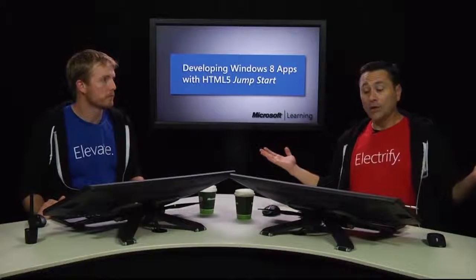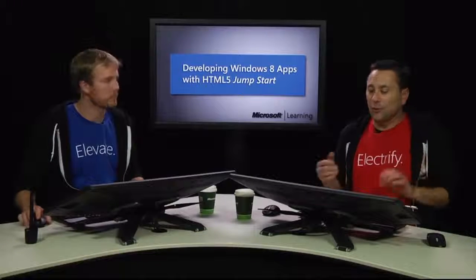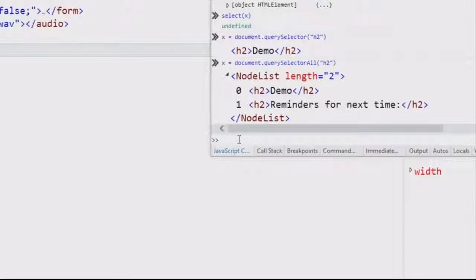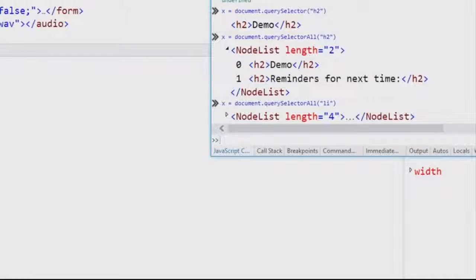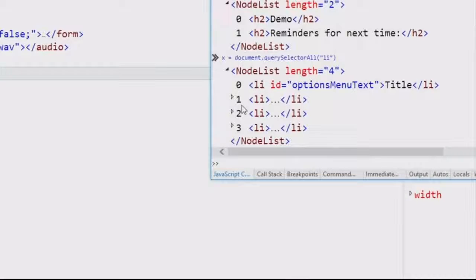So let's play around with this a little bit, and let's see if we could do a little bit more of a complex query. I'll go back into the console. I'll hit the up arrow, and let's showcase what we could do here with the selector. For example, I know I have some line items, so I can hit that and get another node list. And this would also prove that even though I have 3 line items in a UL and another one